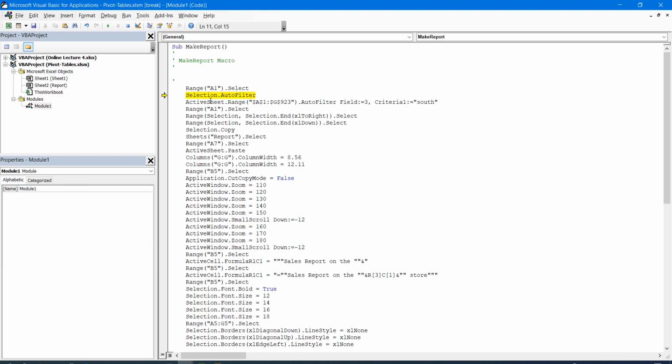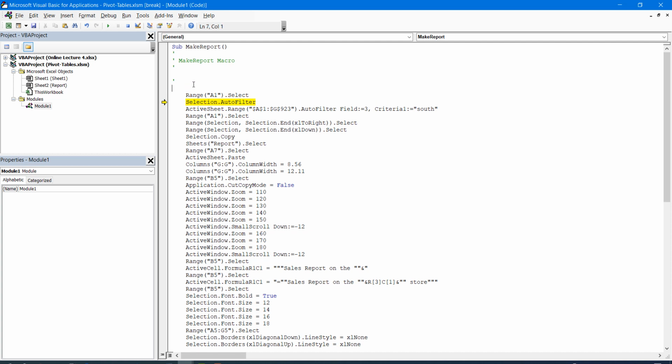So it is not clear. It doesn't know whether the data is picked from the sheet report or from sheet 1.